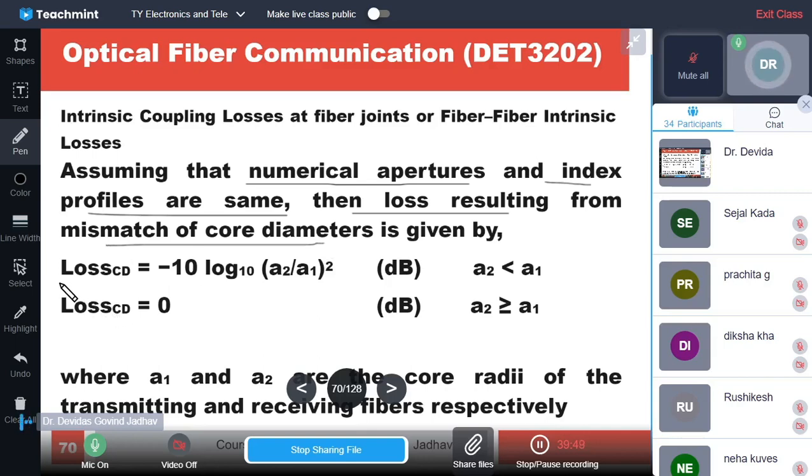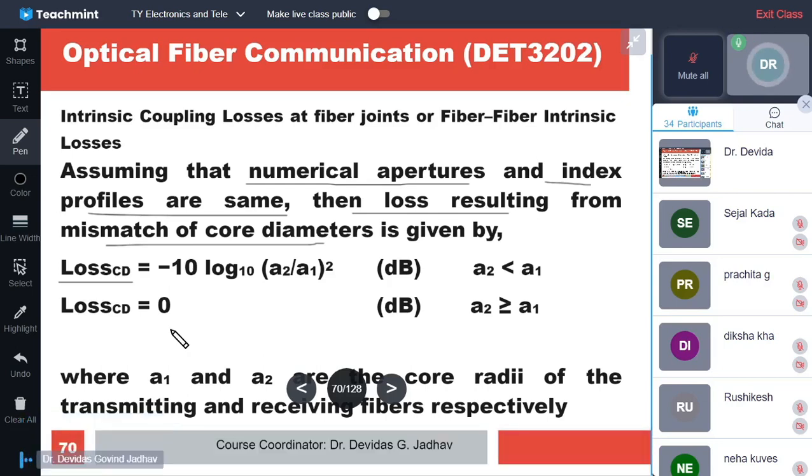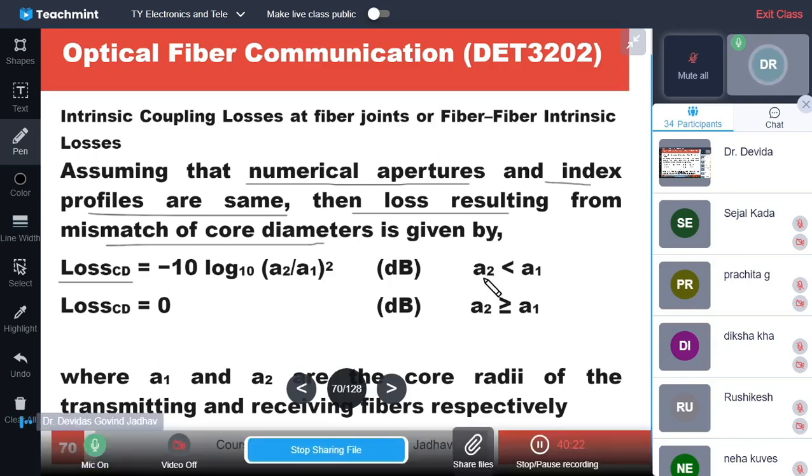Then loss can be written as loss core diameter, CD, equals minus 10 log to the base 10 of A2 upon A1 square, in decibels, where A2 is less than A1. And if A2 is more than A1, there will not be any loss. If the receiving fiber is completely covering the transmitting, source fiber, then there will be zero loss. So if the receiving fiber has a smaller diameter than the transmitting fiber, then there will be loss,